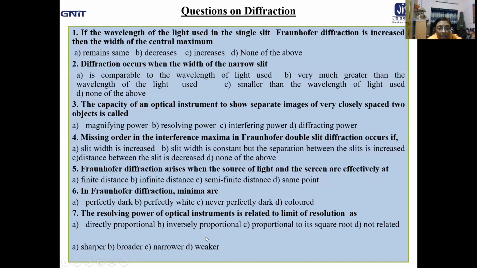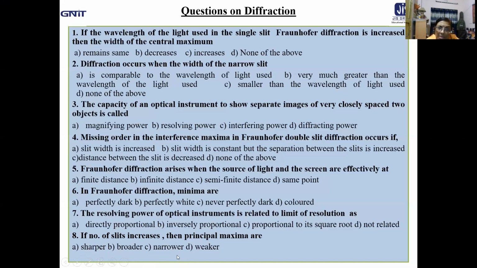Okay. Now let us take a look at the question. If number of slits increases, then principal maxima are obviously sharper, not broader, as well as narrower, not weaker. So if number of slits increases, then principal maxima are sharper and narrower. Isn't that? So I hope in a little bit different way, just like a game, we got the questions and